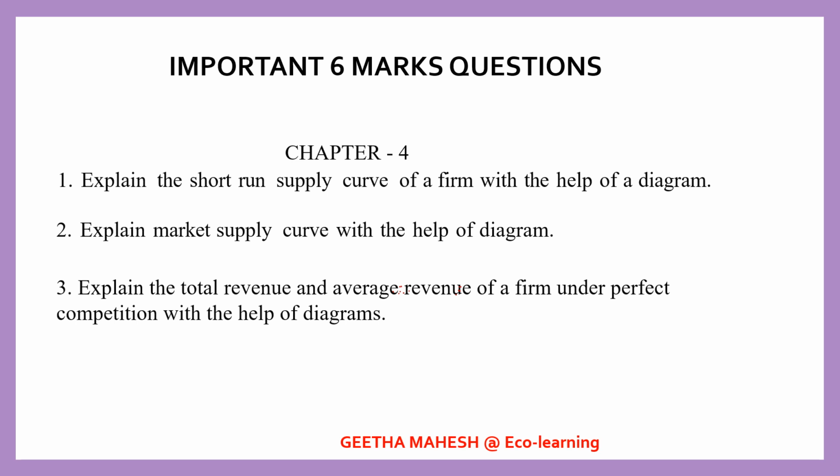Dear students, from Microeconomics, 4th chapter, you can expect one 6 mark question. There are 3 important questions. Out of 3, you can expect one 6 mark question. From this chapter, that is the theory of firms under perfect competition, explain short-run supply curve of a firm with